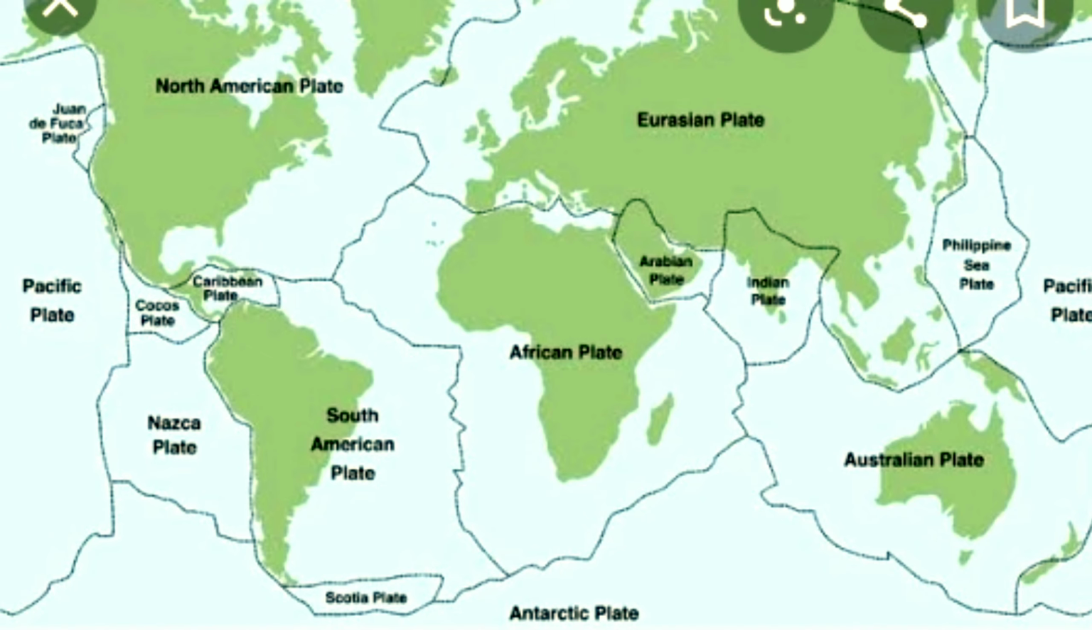Here is the map of world plate margins. You see the different names of plates. These plates sometimes move towards each other and sometimes move away from each other. Broadly, these plate movements are classified into 3 types. These types are